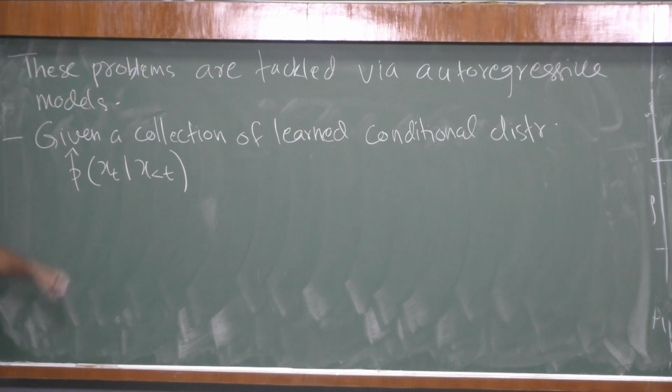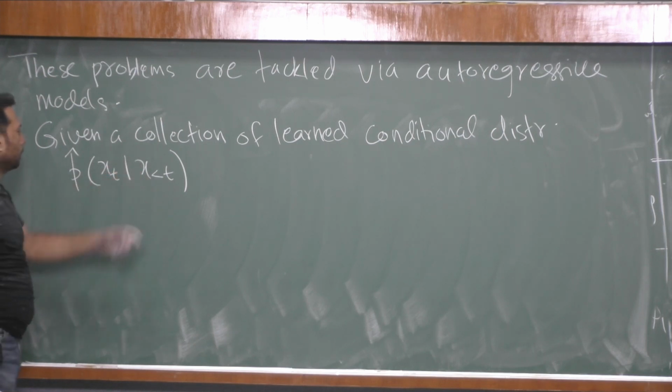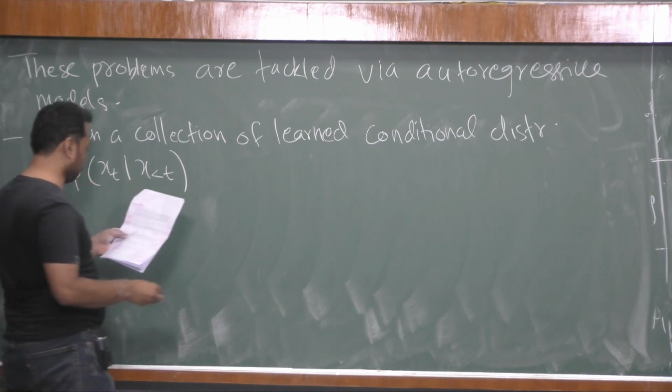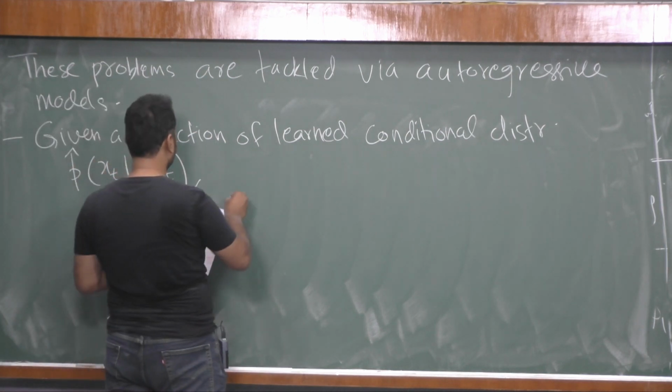Basically these are the conditionals that we have learned. We use p hat for the learned one. So for every sequence x1, x2 up to xt minus 1, we have learned what to predict as xt. Having learned this, we can predict xt. We can sample